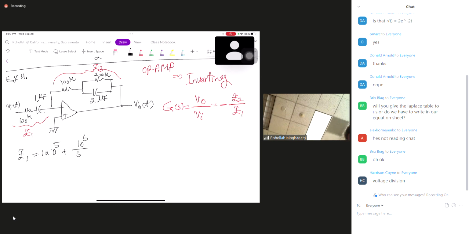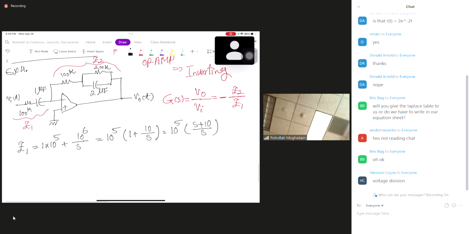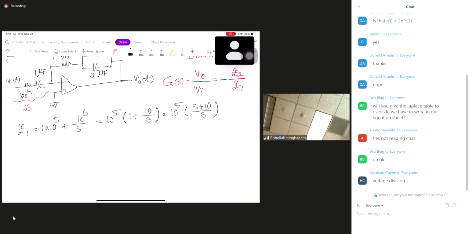This is Z1, or we can write it down as 10 to the 5 times 1 plus 10 to the S, or 10 to the 5 times S plus 10 over S. Okay, so then Z2 is